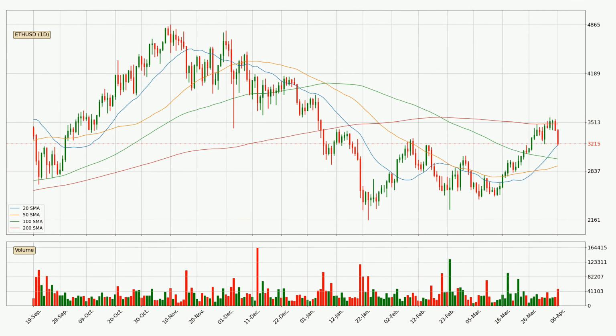Moving to the daily simple moving averages, at the moment, the price is between the 20 and the 200 SMA. If the price bounces off the 20 SMA, which is currently at 3,193, it could be seen as a support, and the 200 SMA that is at 3,490 could be perceived as a resistance to the upside. If there were to be a break either way, it means that there could be a continuous move in that